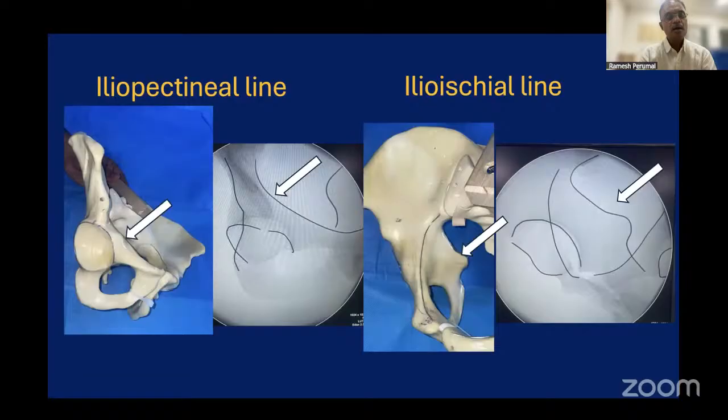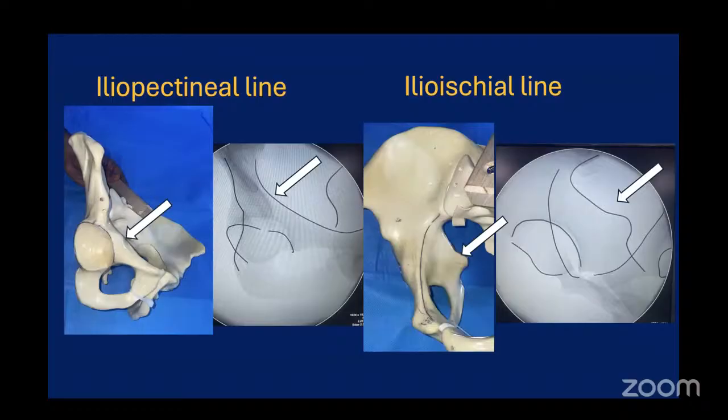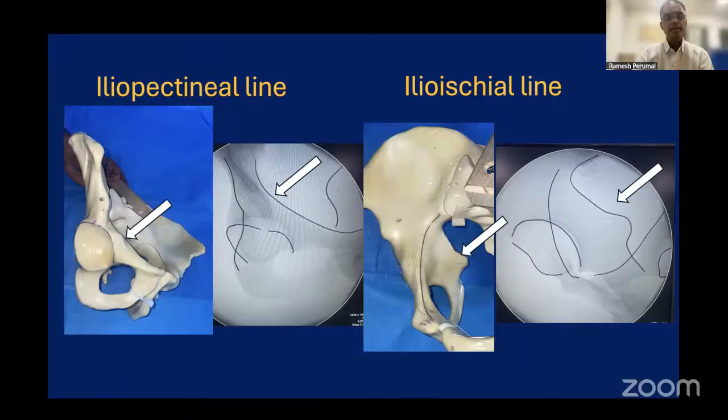Here you can see the same with the bone model along with the X-ray picture in an obturator view. You can see the iliopectineal line and also the full profile of the posterior wall. And when the model is tilted inside like an iliac view, you can see the ilioischial line. The ilioischial line goes along the ischial tuberosity, curving along the ischial spine, going up to the sciatic notch. However, in an AP view, it looks like